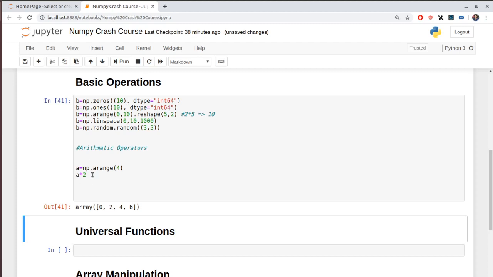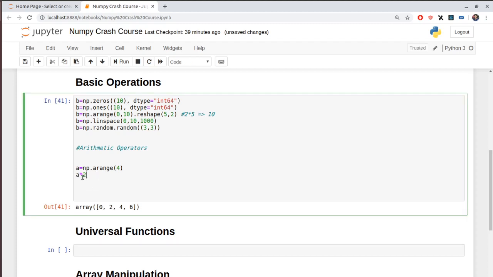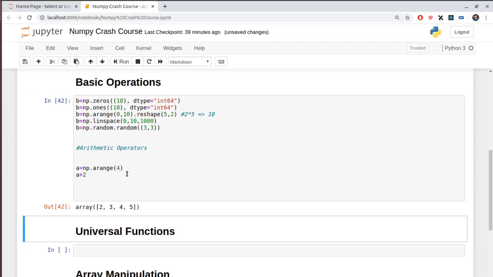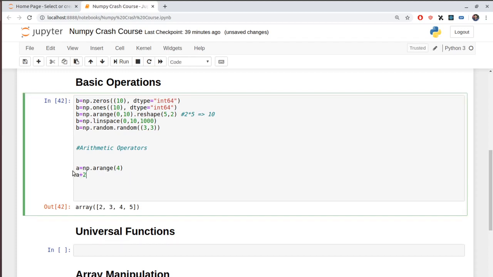You can now add or multiply or subtract this array with any number, and the effect will take on each and every element of this array, and it simply just goes ahead and iterates over each and every element and multiplies it with 2. Or you can just go ahead and now apply any operation here. Let's say you wanted to add or subtract this array, you can do any operation right here. Okay, so with that being said,